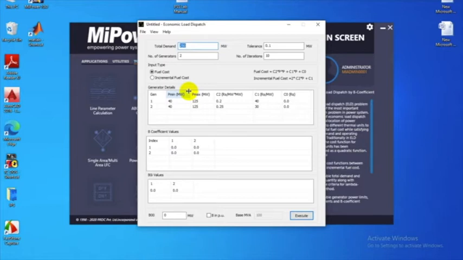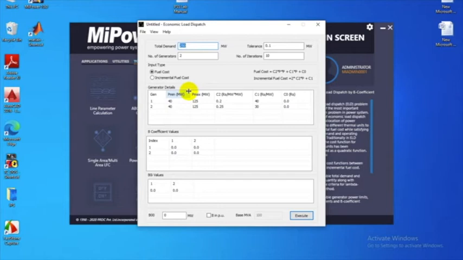Suppose there are 5 generators and each generator has 200 megawatt capacity, and the total demand is around just 500. So the total available capacity is 1000 megawatt, but the load is only 500 megawatt. Now we can decide how much each generator has to generate based on the cost equation. Whichever generator has the lower fuel cost equation will be considered. They may be of different categories, such as hydel, thermal, or nuclear. Different categories of generators are there, and the cost equation is not the same for different categories. It is different for different kinds of generation.